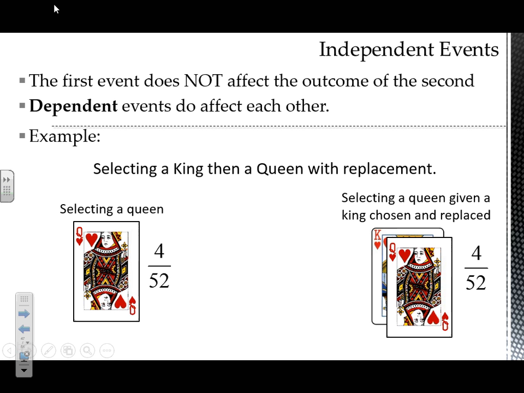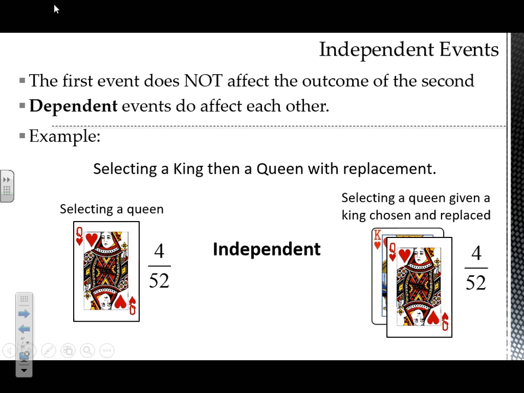So what this leads us to is the fact that drawing a card and then replacing it and doing that over and over will generate independent events. Because I'm replacing, I'm always going to be out of 52, which means it doesn't matter what's happened before, I always have the same chance of drawing whatever I'm looking for next. So this would be independent events.